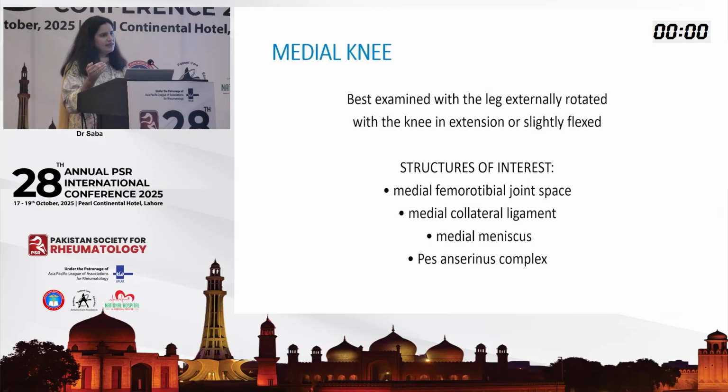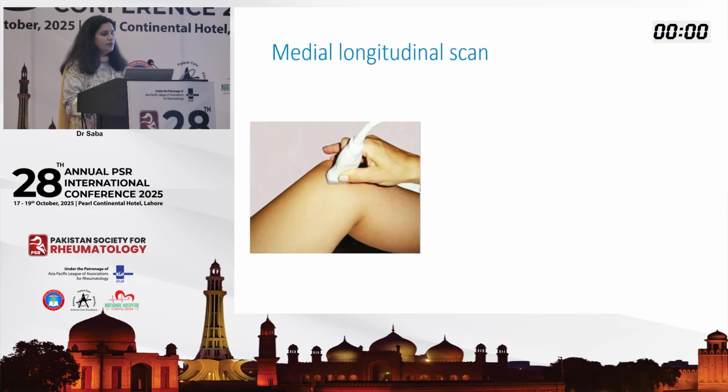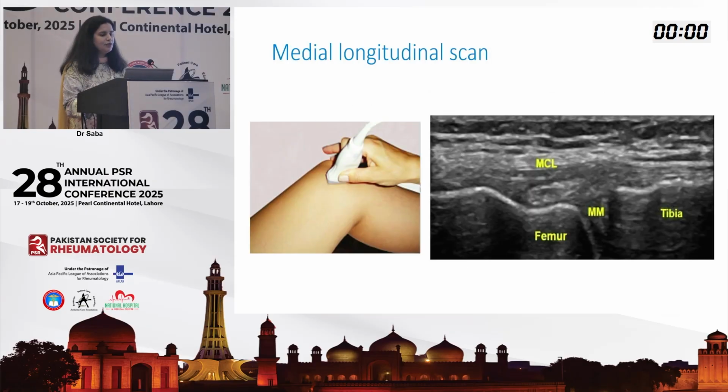5 centimeters below the joint line, there is a pes anserine complex, which is of extreme importance for those people who might have tenderness at that area, and we want to look at pes anserine bursitis, so that would be our area of interest. So when you're doing a medial longitudinal scan, you'd be coming across the